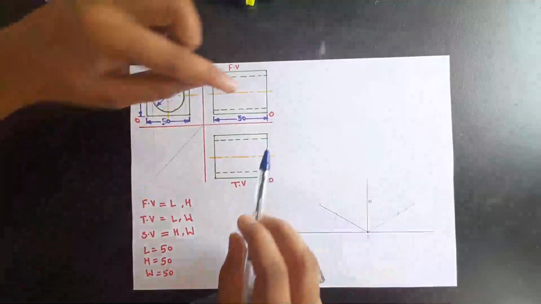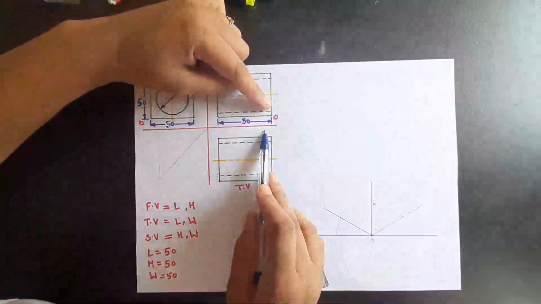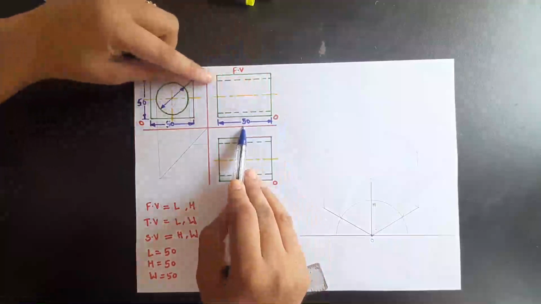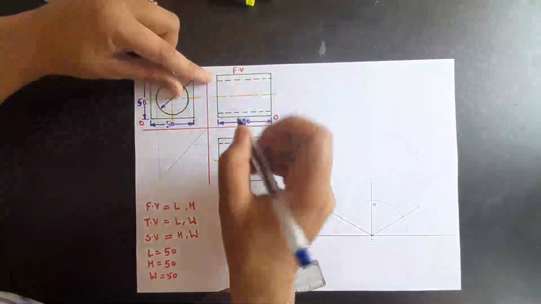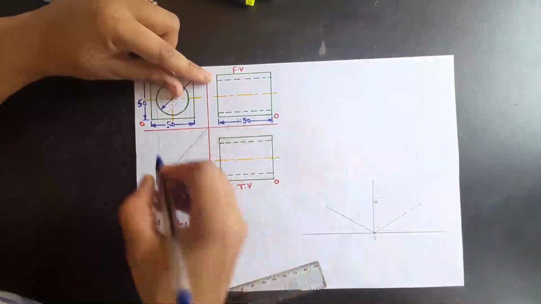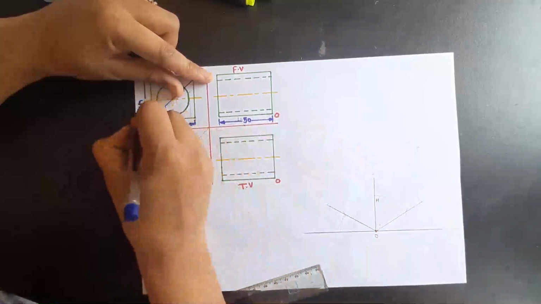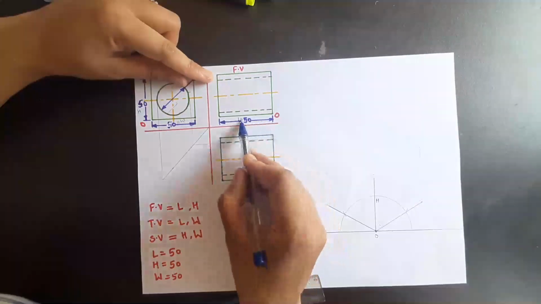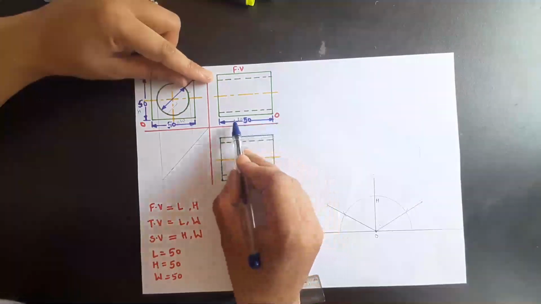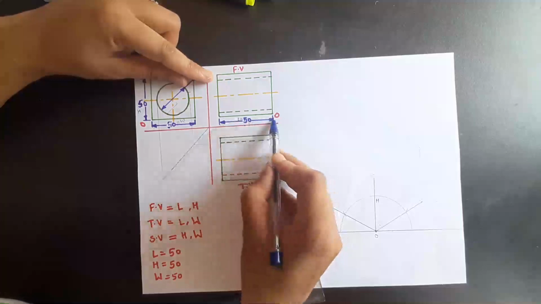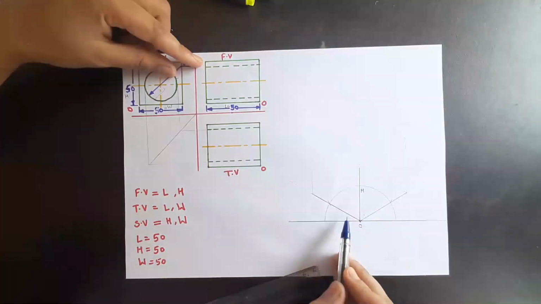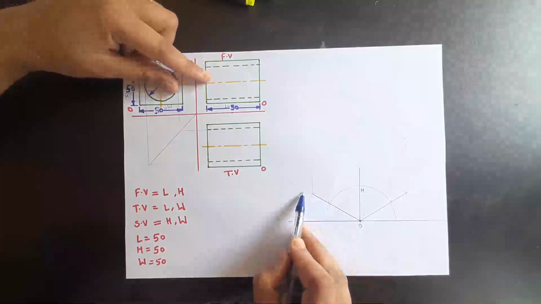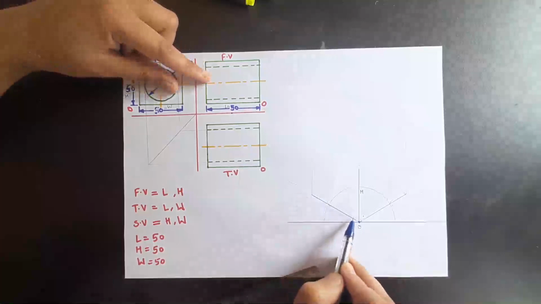For that purpose, you are supposed to go back to the question, find the origin point, and now this is your length. In front view you can see the length. So this is your length, this is your width, and this is the height, right? So this length is going towards the left side from this origin point. The same thing you are supposed to do in the answer: that length is going towards the left from the origin. So this side will be your length.